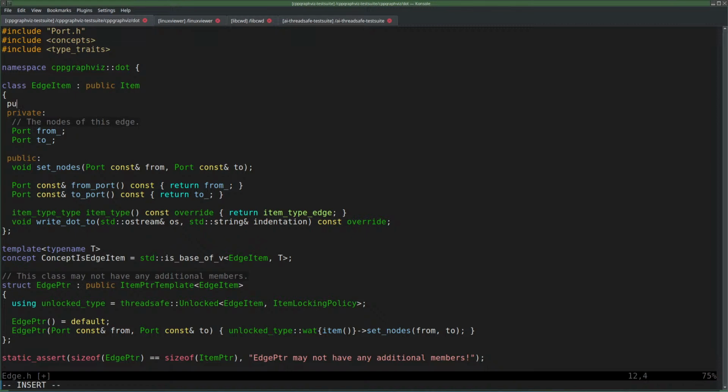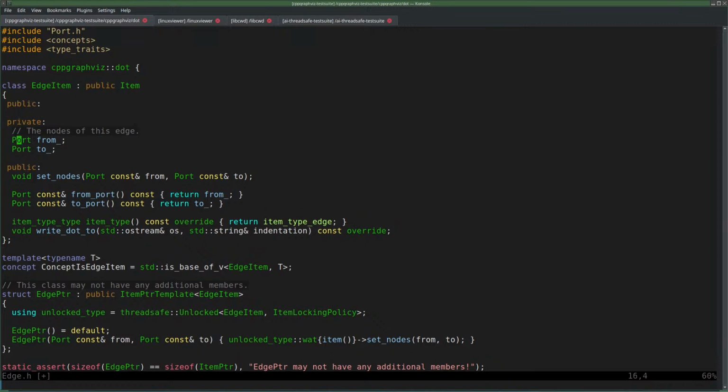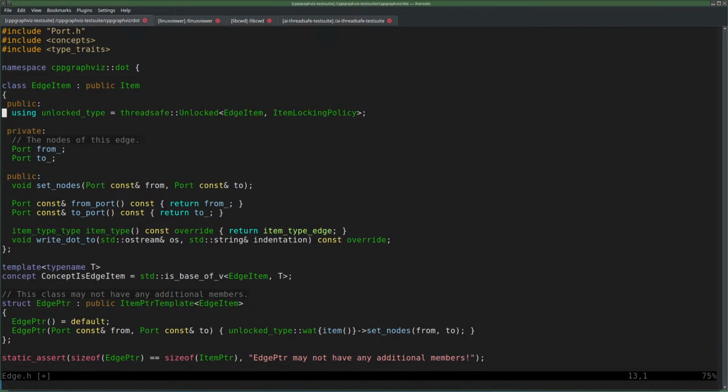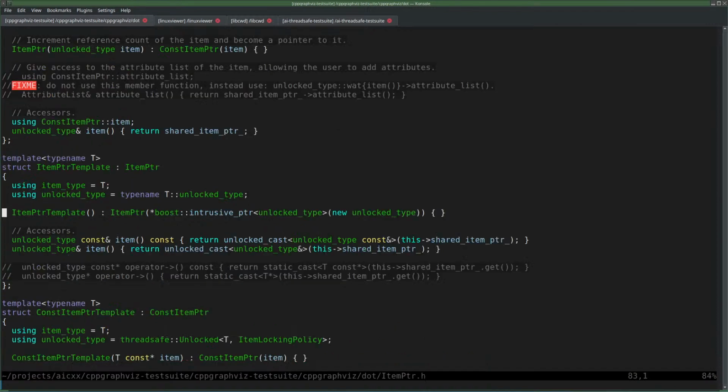I should do public. So the edge item defines itself as unlocked edge item, and the pointer defines itself because it automatically works because it's derived from item pointer template, which is that thing.